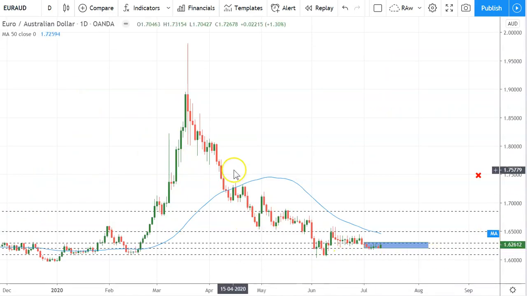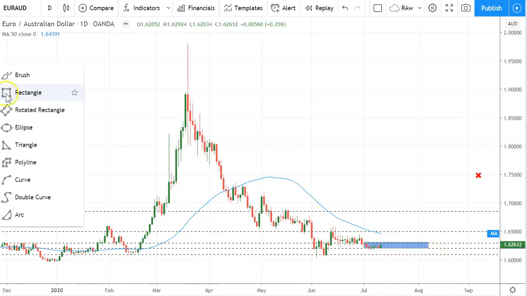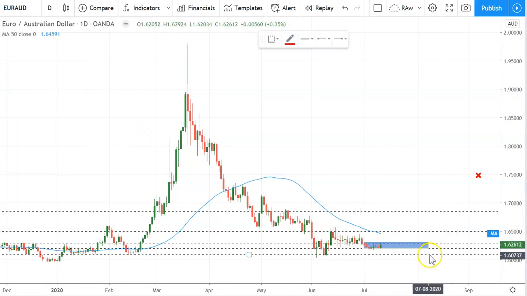But the Euro AUD suggestion is that we're still in a downtrend here, and until we get a breakout of this little area, the way I would play this, if we get a break lower from the support area, is that I'd take a couple of small lot sizes and target this area for a small scalp down. And if we broke through this level here and then got a retest, that's where I'd start to load up again,